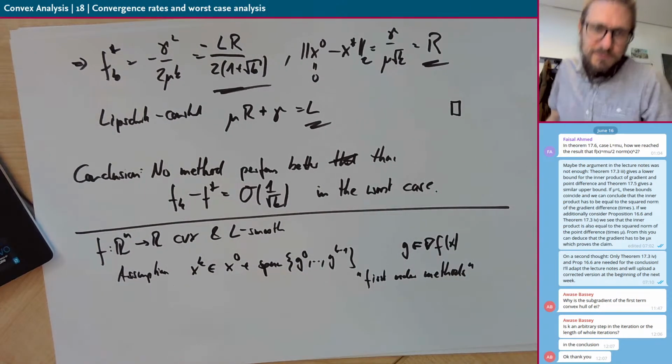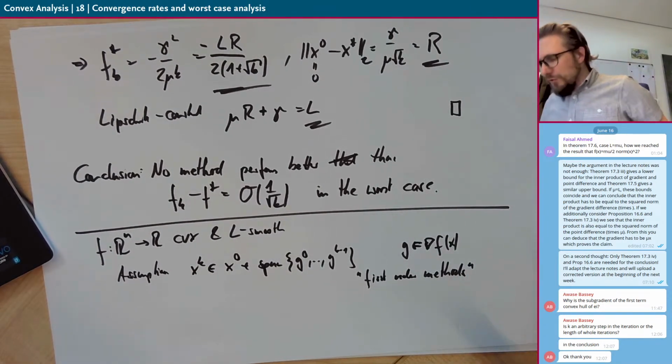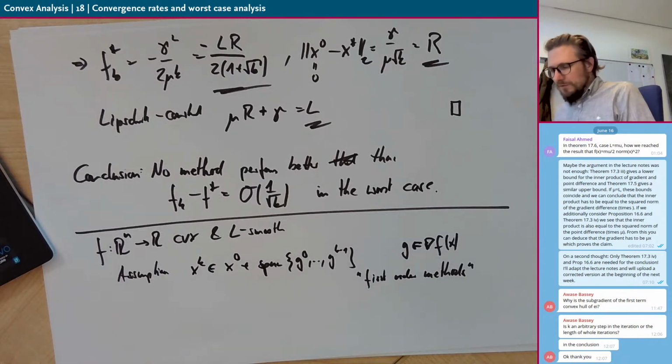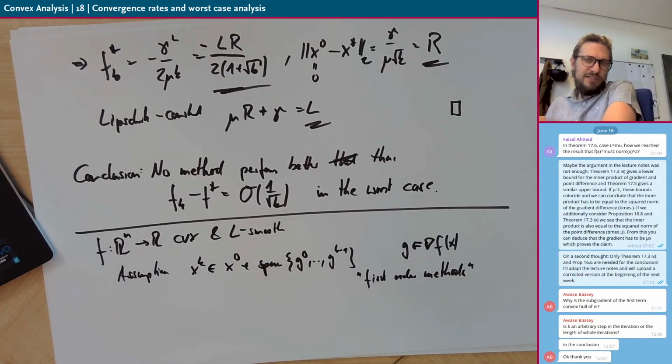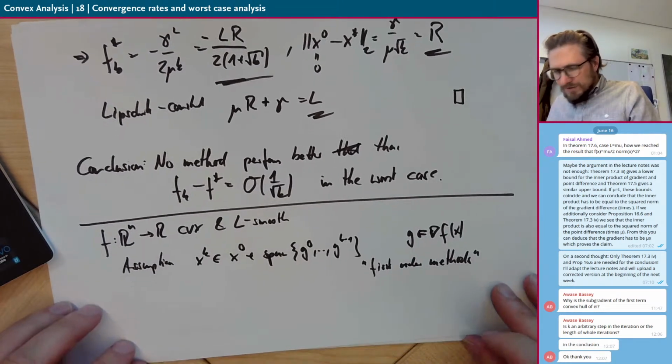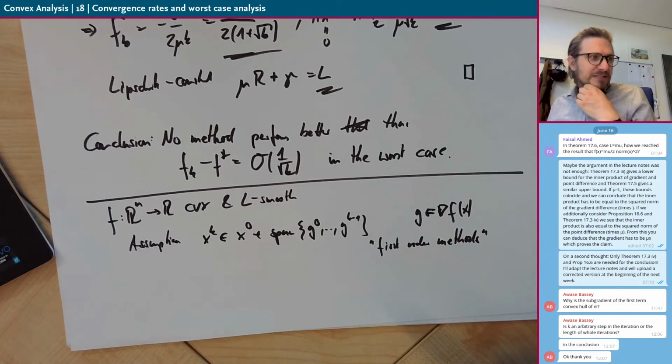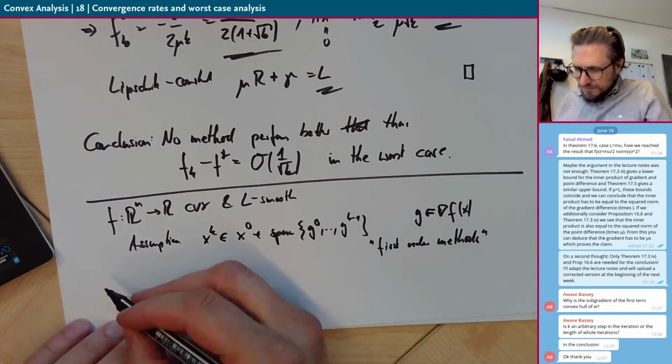So any method which fulfills this will be a first order method, because it only uses the first order derivative of the function and then does some algebraic steps with these directions it gets. So what is the Hanoi objective here? The Hanoi objective goes like this. We fix an L,